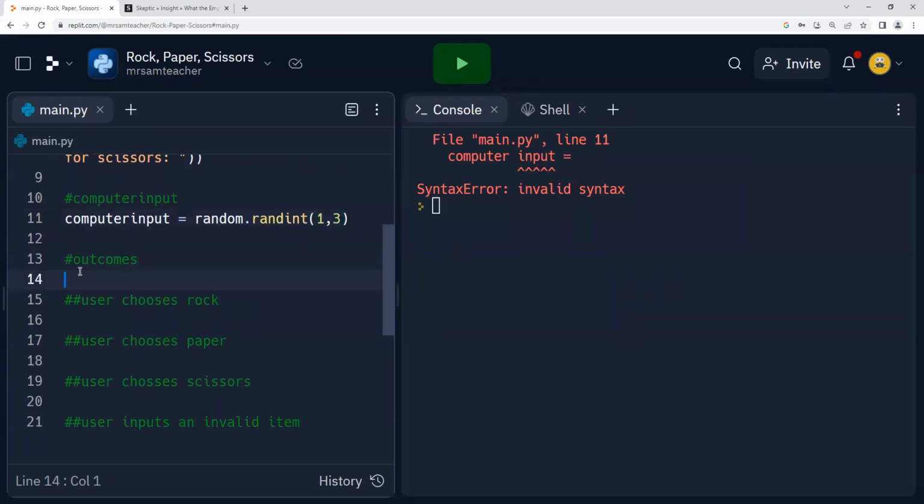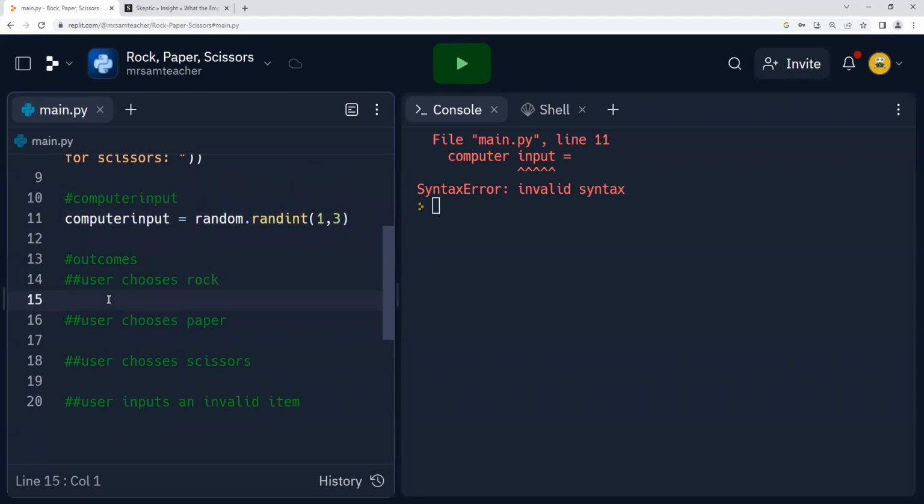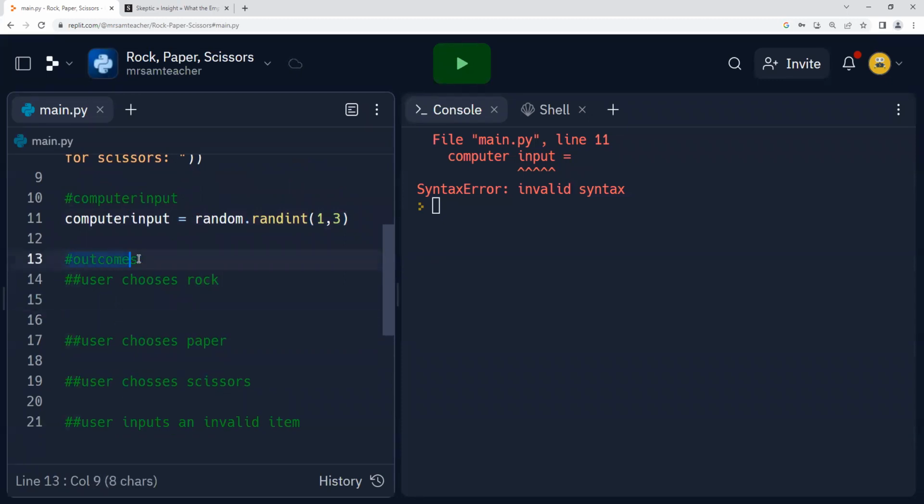So now we have outcomes, and we have subsections of our outcomes. I'll go ahead and get rid of that space, because we don't really need it. Think of it like an underline and then a subsection, like bullet points in a Word document. That's why you can even go to a third or a fourth level if you need to. It just depends on what is appropriate for your code. So this is a section of your code, and this is going to be a subsection based on that single section.